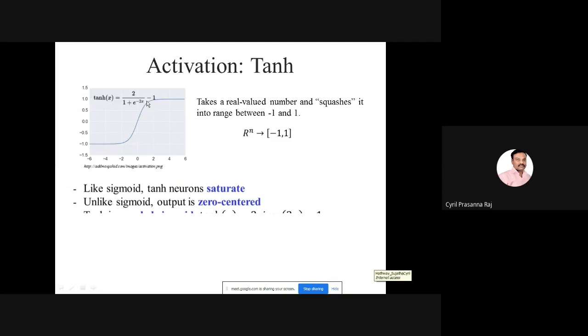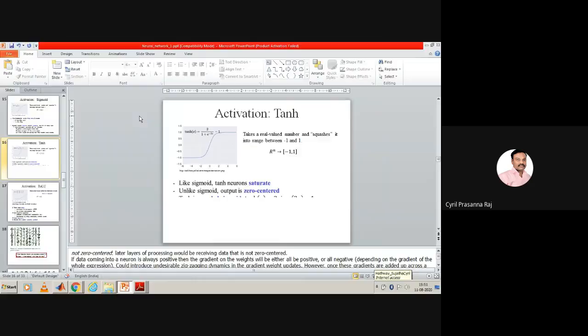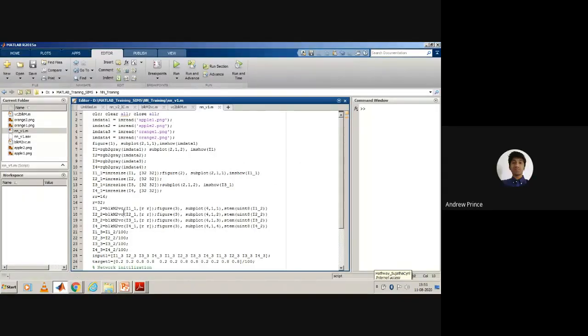So what happens? Since we want the output to lie within this region so that you are able to train the network thoroughly, we are scaling the target by a factor of 10 or a factor of 100. That is the reason we do that. Now we are treating it as 0.2, but we want it to be 0.002. Instead of writing 0.002 here, I'm just dividing by 100, so I can keep changing this to 10, 20, 100, 200. I can keep changing this so that I can see how the network training gets improved.